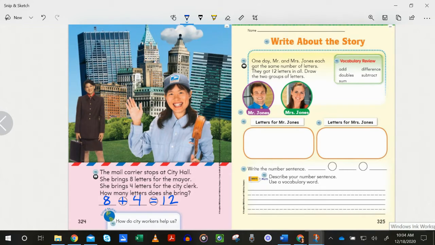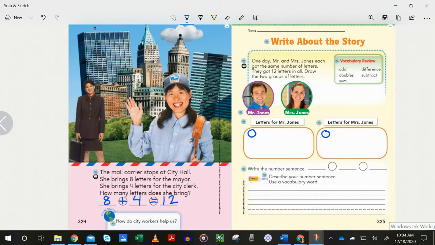Okay, so over here we have write about the story. One day, Mr. and Mrs. Jones each got the same number of letters. They got 12 letters in all. Okay, so we need to get to 12. We need to keep them balanced. So if we're going to keep them balanced, every time we give Mr. Jones a letter, we're going to give one to Mrs. Jones as well. So we're going to go